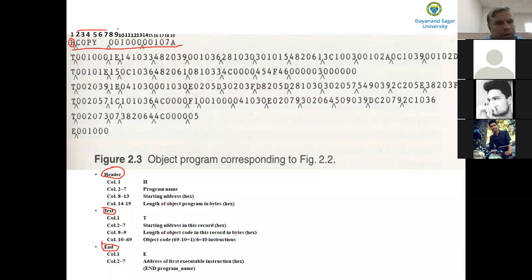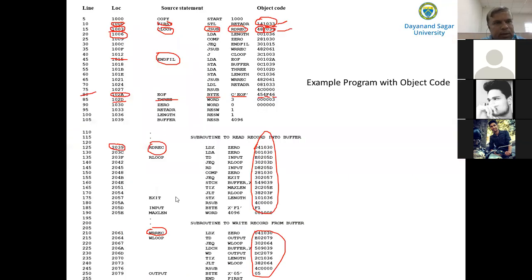Then columns 8 to 13 hold the starting address. What is the starting address of the program? It is specified: the starting address is 1000. How do you know that the starting address is 1000? It is specified using the START assembler directive. The operand of the START assembler directive is 1000.